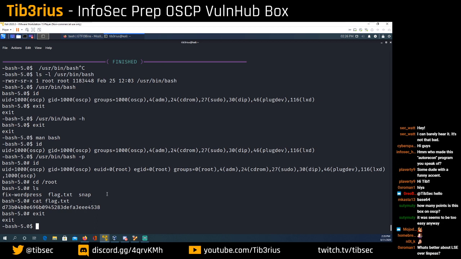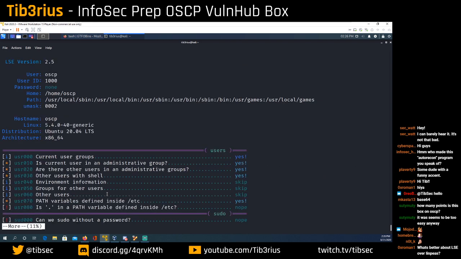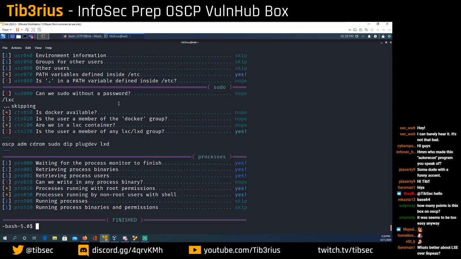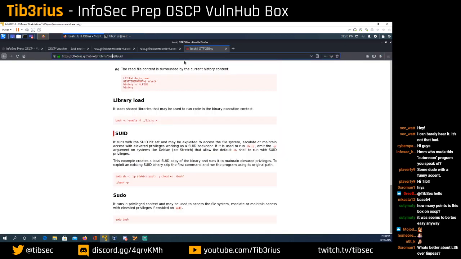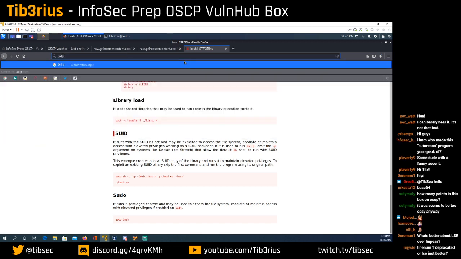The first unintentional involved the LXC and LXD stuff that we saw. So if I go into the lse.txt file and search LXC, it says, is the user a member of the LXC or LXD group? Yes. And we saw that. So our user, if I type id, we see that we are a member of the LXD group. So we're going to have to Google LXD PrivEsc,